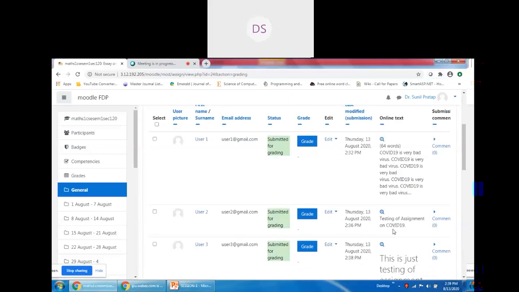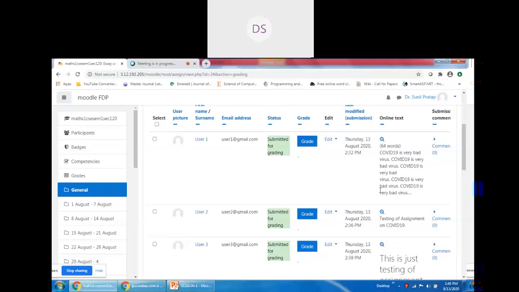So you can see, Uttam sir, the solution has already been submitted for user 1 also. Earlier it was not displaying. After setting that option, it forced what was created by student 1 to be submitted to Moodle automatically.